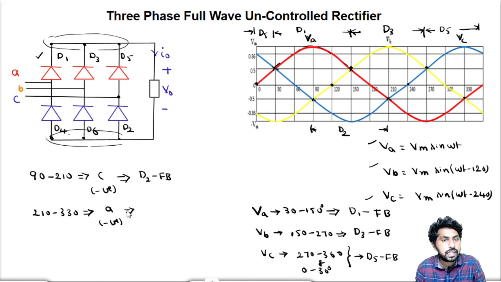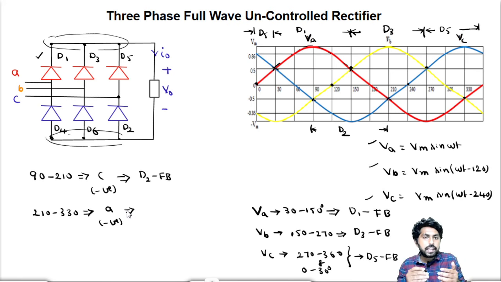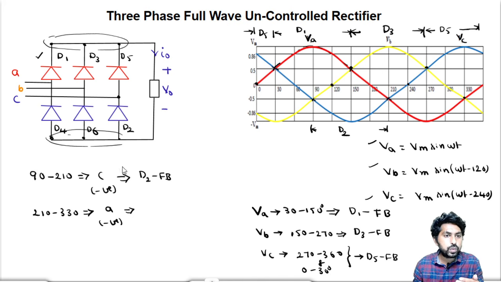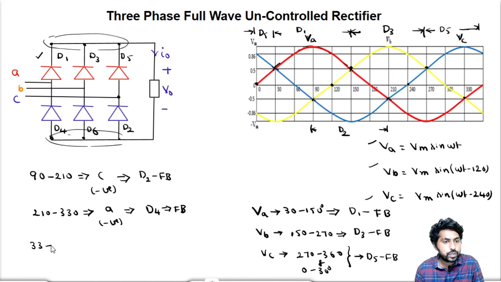Now you can answer, when A phase is most negative, which device will get forward bias? When A phase is most negative, the corresponding device will be D4. So the corresponding device which is connected in the common anode is D4, so it will get forward bias. Similarly, from 330 to 360 and 0 to 90 degrees, the device is,